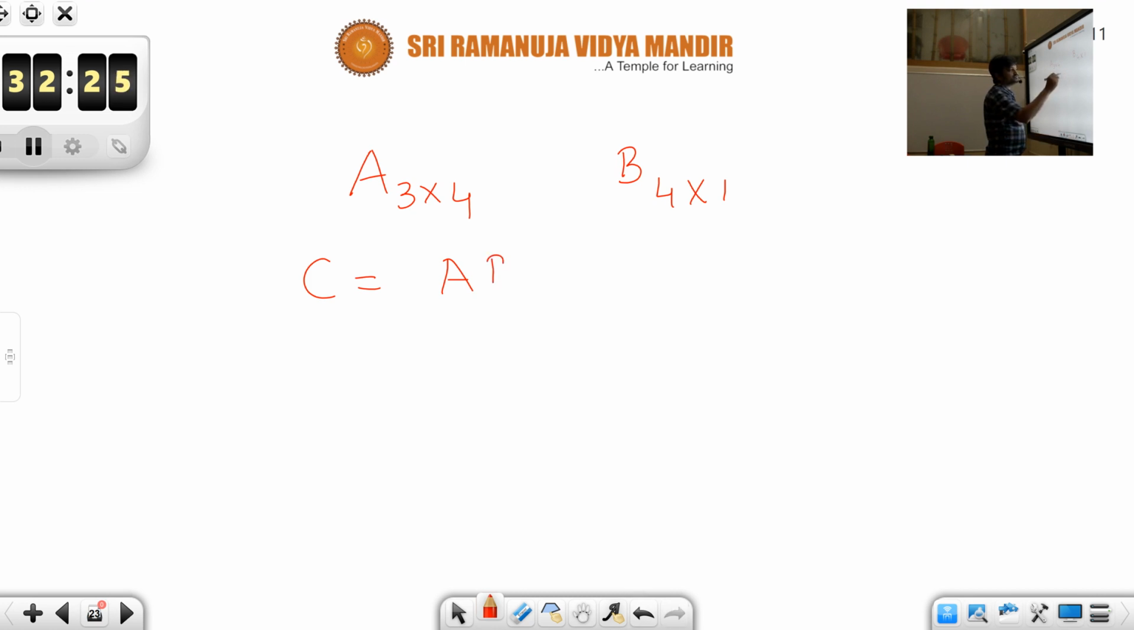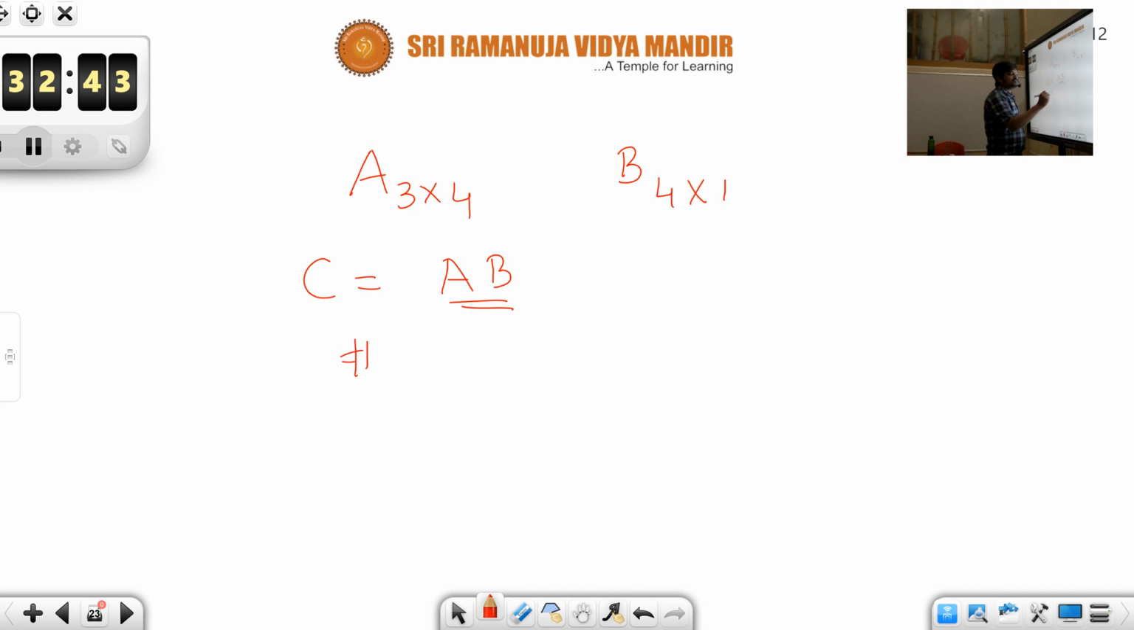Or I will not use the multiplication symbol, just AB. To multiply two matrices, first of all you need to look at the sizes of the matrices. Can you multiply any two matrices? The answer is no. Now to multiply two matrices, the number of columns of A